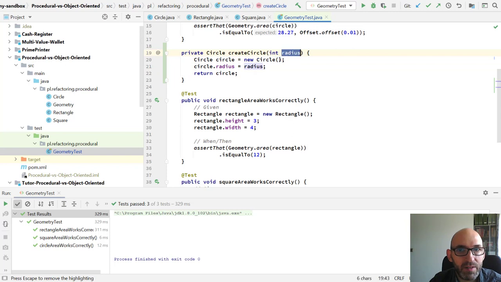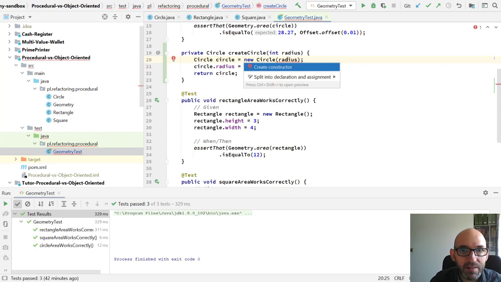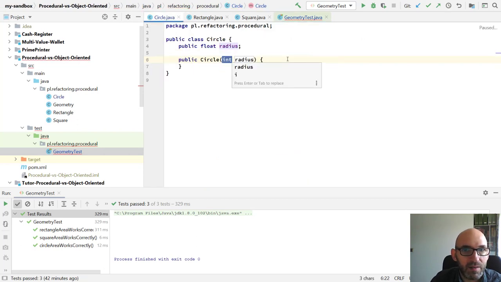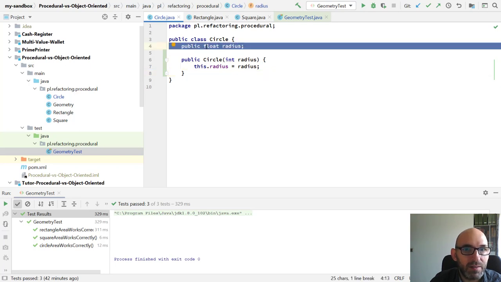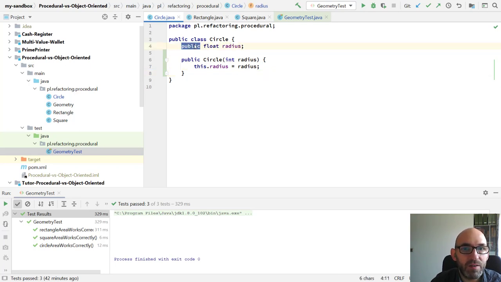radius, the parameter will be passed through the constructor. So I will click Alt-Enter, create constructor. The constructor is present. Alt-Enter, assign parameter to field. Here it is. I would like to